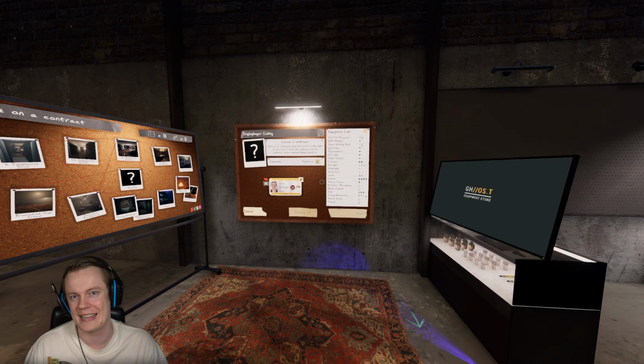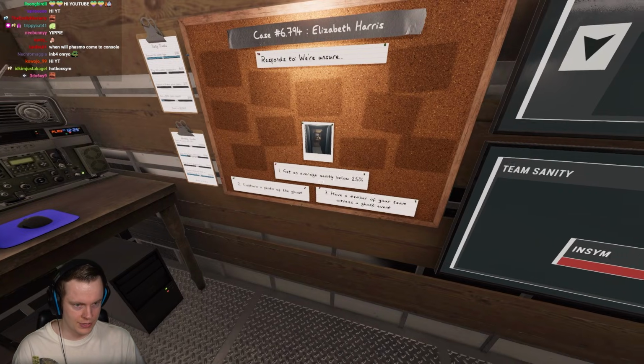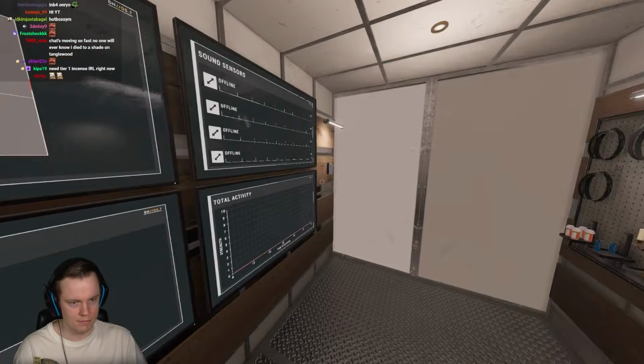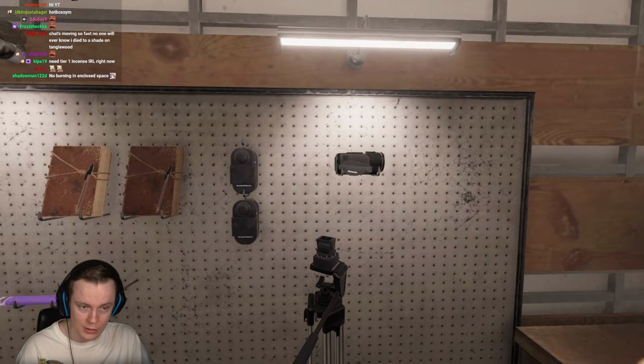And let's hop into the game. Let's go. Oh baby, here we go. We got Elizabeth Harris, 25% sanity, captured a ghost photo and witnessed a ghost event. We have all the evidence items, but we're not gonna use them. Well, we're gonna use a few of them to find the ghost room, and in particular, one of them will